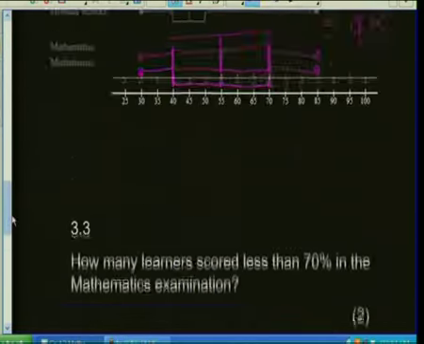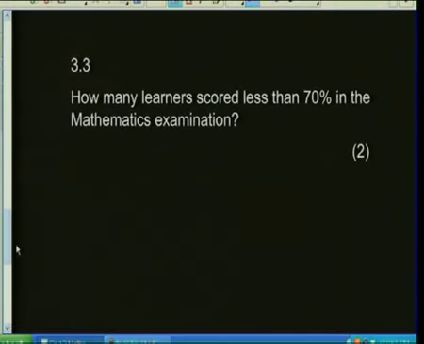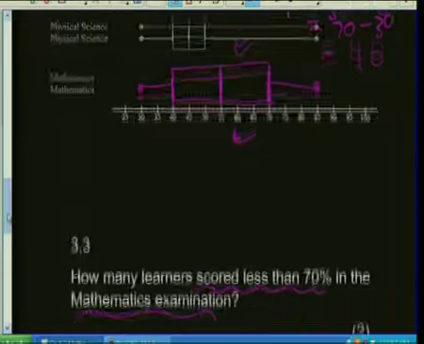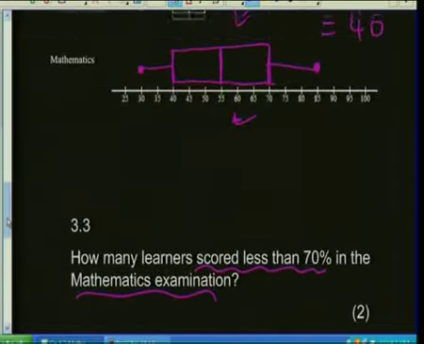Now, by looking at this, let's look at 3.3. How many learners scored less than 70% in the mathematics examination? Remember, this is the mathematics examination, and this is your physical science examination. So how many learners scored this? So if you check,